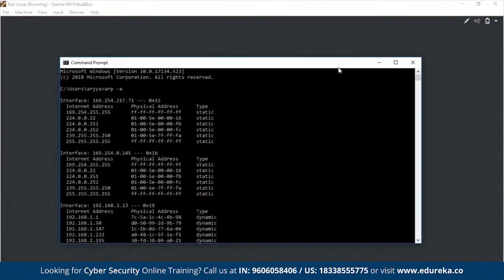Now, sometimes what you want to do is be unknown on this network. There are various reasons why you want to do that. Let me just give you an example of a very malicious reason that was done in my college. So we as students would actually change the MAC address of our own computer to the professor's computer. So we would somehow look up the professor's IP address and then come to know about his MAC address. And then we would spoof our MAC to be his MAC address.